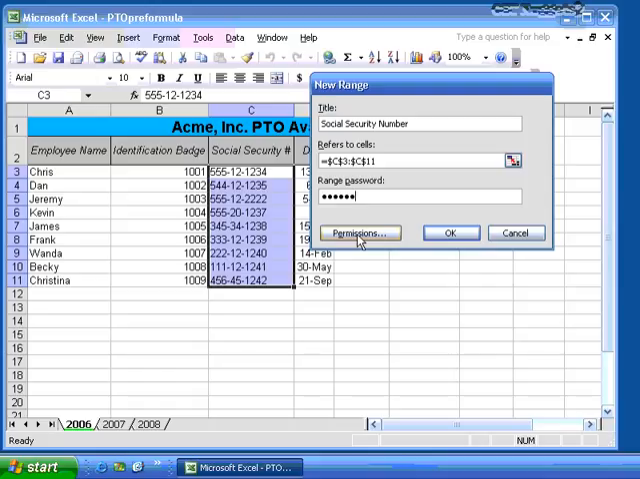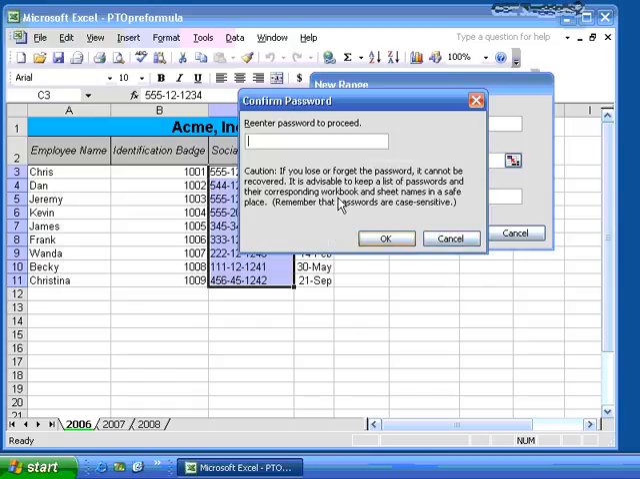I'll show you what this does. You can actually do it here, or you can do it after you've set the range. So I say It Is Me. When I click OK, it says, all right, what is the password again? I want to make sure you have it. And it also reminds you that passwords are case sensitive and that if you lose or forget it, you can't